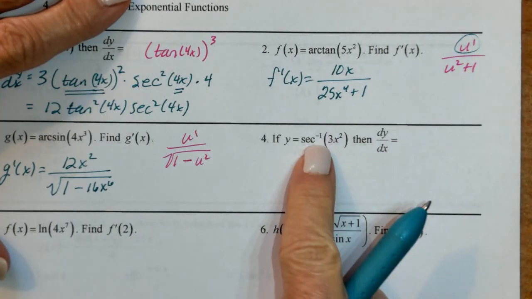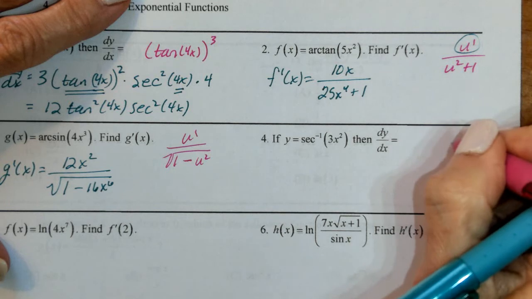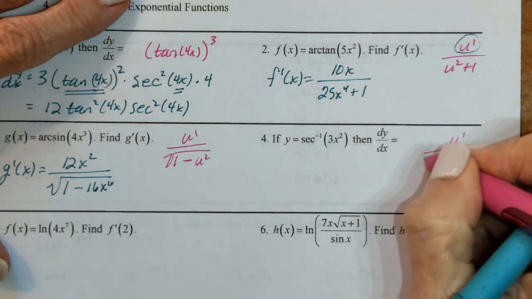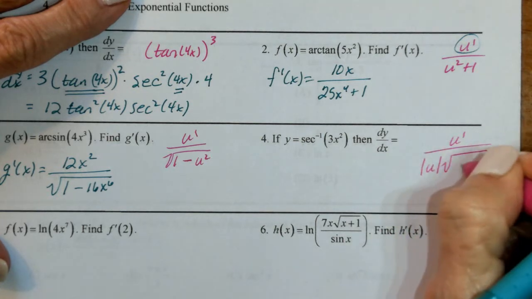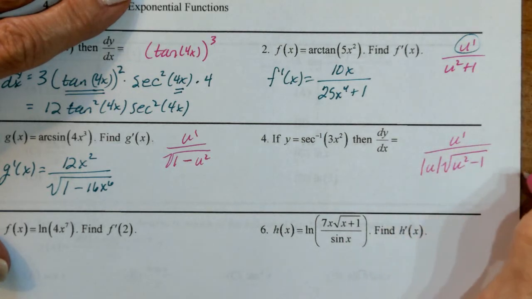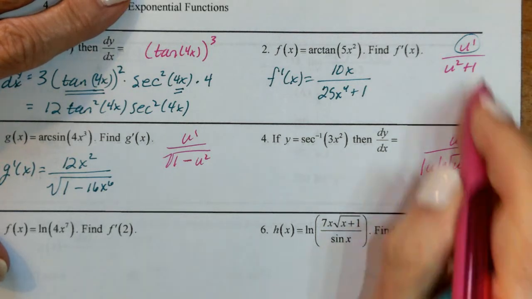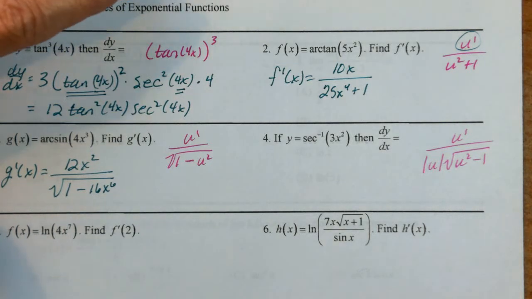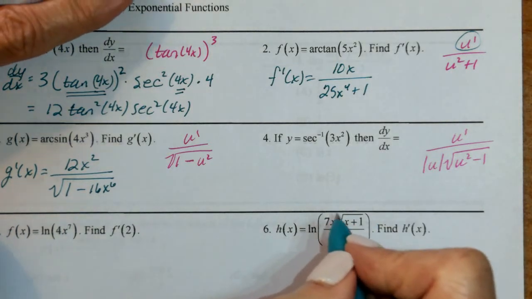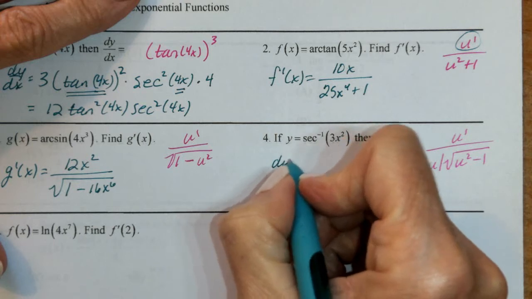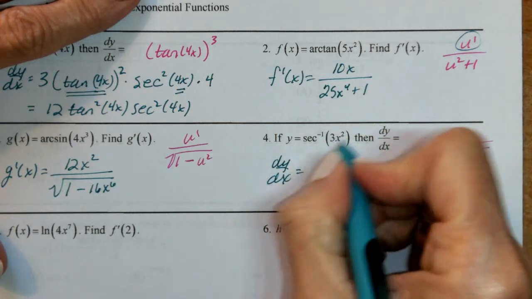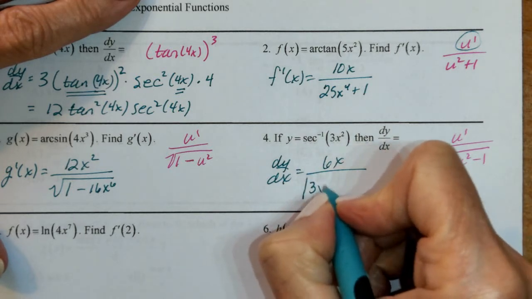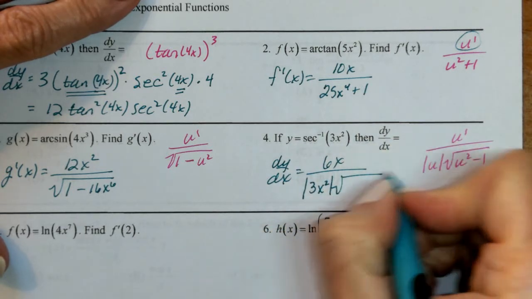Derivative of arc secant. Well, for the derivative of arc secant, we're still going to have u prime up on top, chain rule. On the bottom, we have the absolute value of u, square root of u squared minus 1. If you want to see the derivation of these, go back to Unit 8 was where we did that. You can go back and look at the notes for that. So dy dx here will be the derivative of the argument from the chain rule, over the absolute value of the argument, square root of u squared